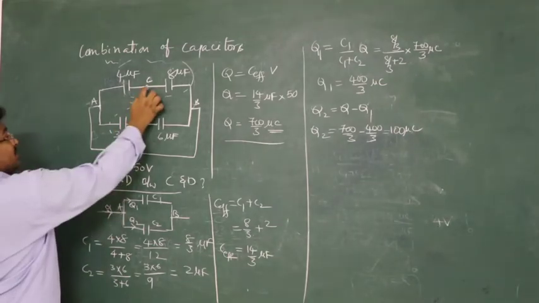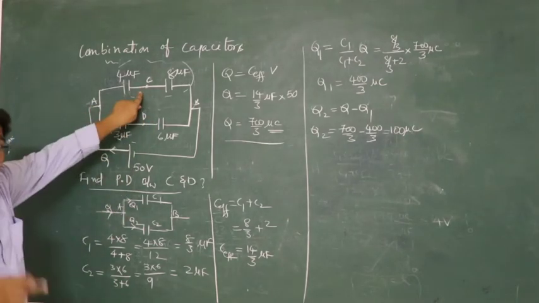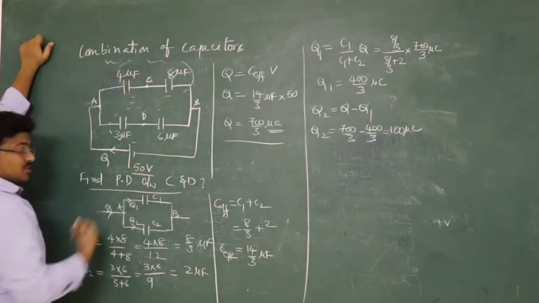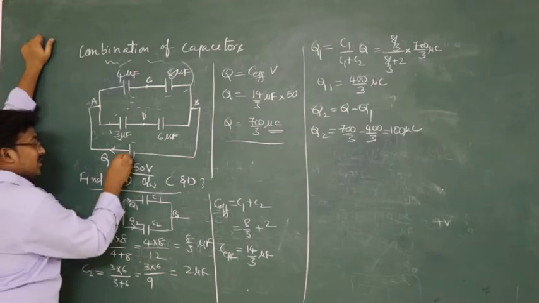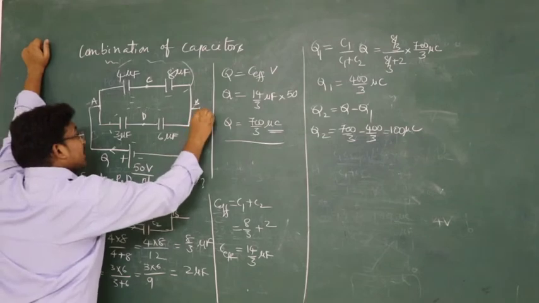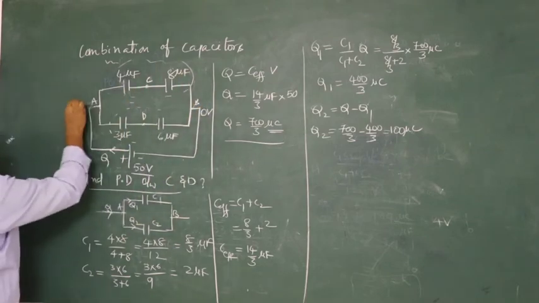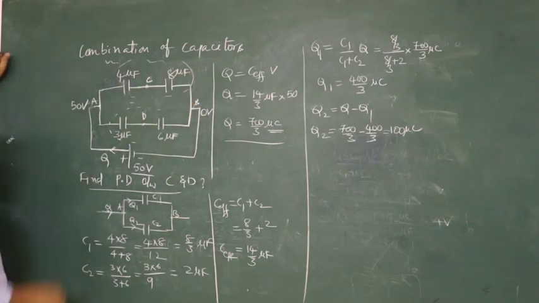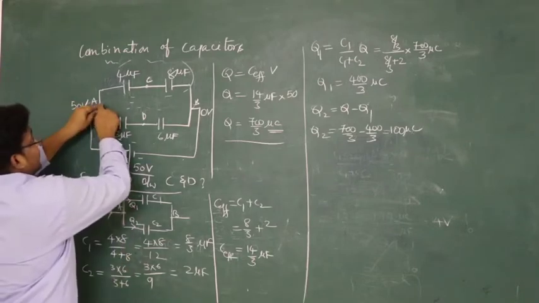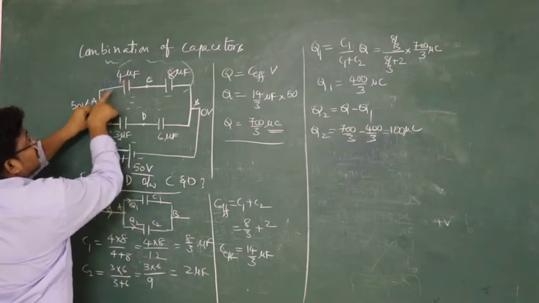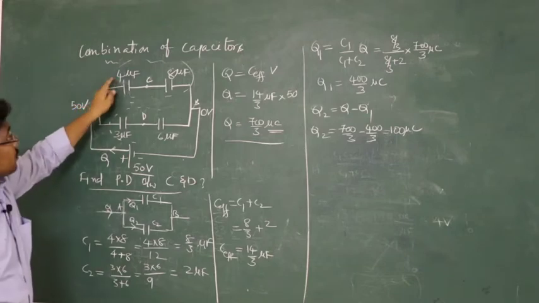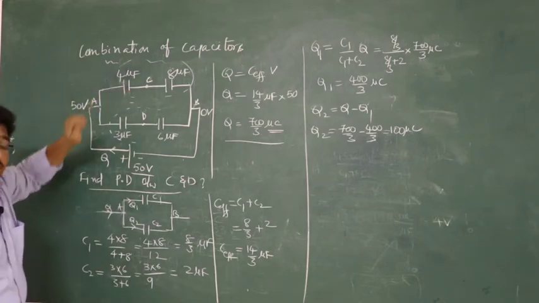Now tell me, what the question they are asking you? They are asking between C and D. Means we should know what is the potential there at C first, right? Okay. I gave you 50 volts. What does it mean? This one is plus 50, this one is 0. So this potential will be taken as 0 volts. This potential will be taken as 50 volts. Now here this 50 volts, now charge will cross to this one. So this will drop some voltage. This 4 microfarad will drop some voltage.